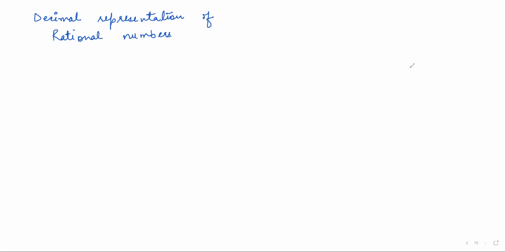Okay, so Zainab, rational numbers are of this form, P by Q, right? Where obviously Q is not equal to 0. So this fraction,